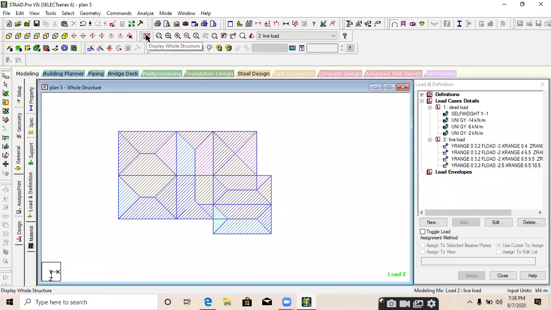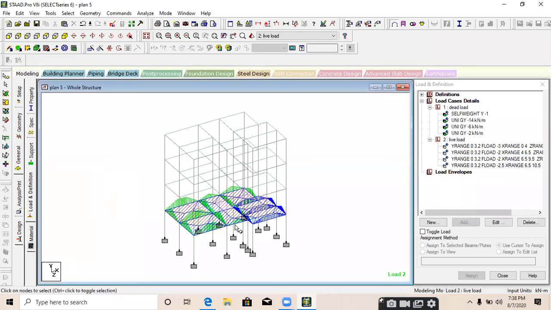Go to the whole structure now. We just applied a load in the first floor, a single floor. If the purpose of the building is the same in second floor, third floor, fourth floor, then what do we need to do? Just tell me. The purpose of the building is the same, the plan is the same for all the floors. If there is a classroom in first floor, there is also a classroom in second floor.